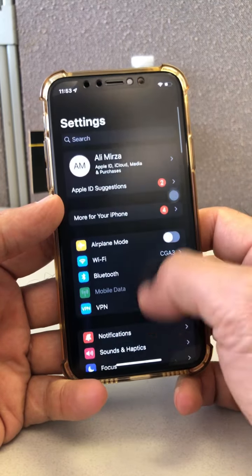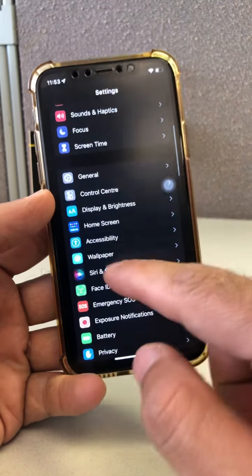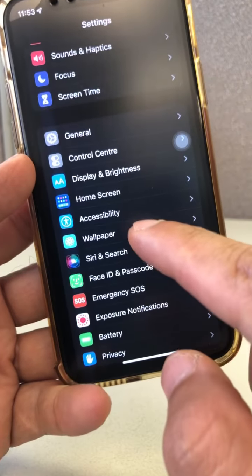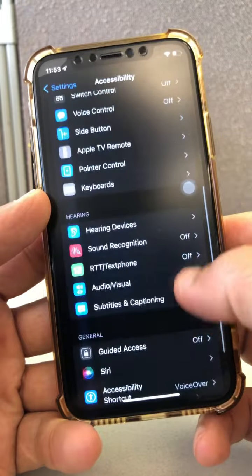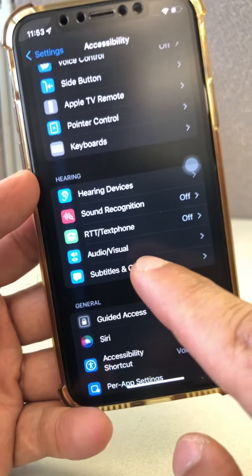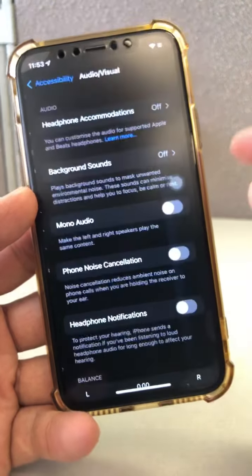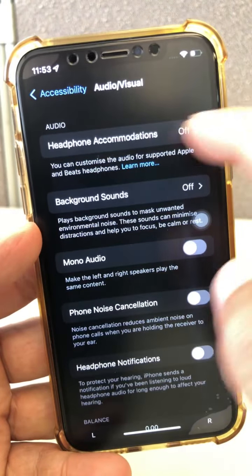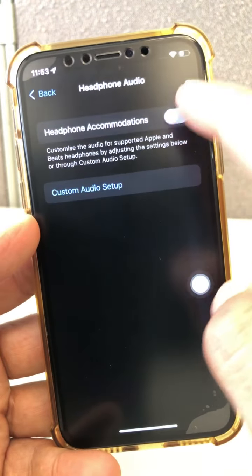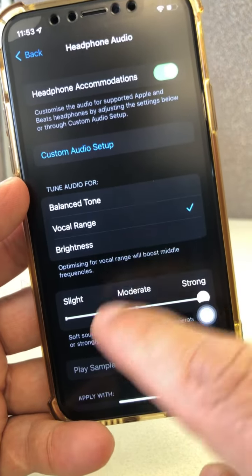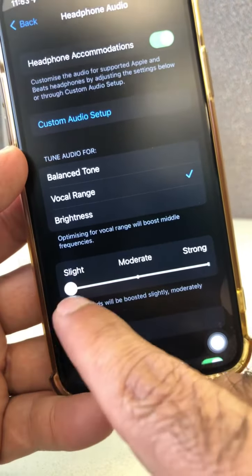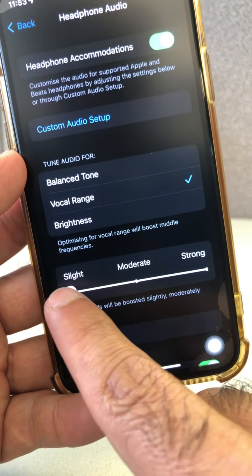What you can do is go to Settings and then Accessibility, which is right here, then scroll down and look for Audio and Visual, which is the option right here, and then Headphone Accommodations. Click on that, turn this on, and then tune audio for vocal. Normally this is set to slight, but you can change it to moderate